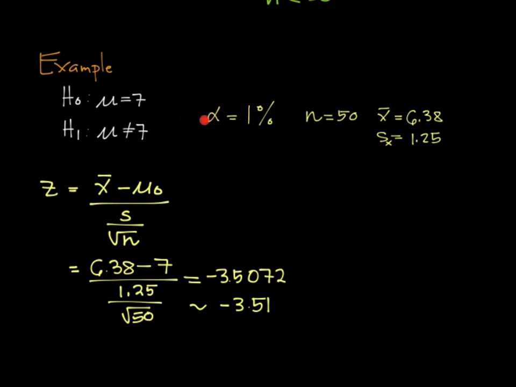Suppose that the significance level set in this study is 1%, and 50 respondents were surveyed, which resulted in a sample mean equal to 6.38 and a standard deviation for that x of 1.25. Now, since the population standard deviation is not given in this study, and the sample size is equal to 50, which is greater than 30, then